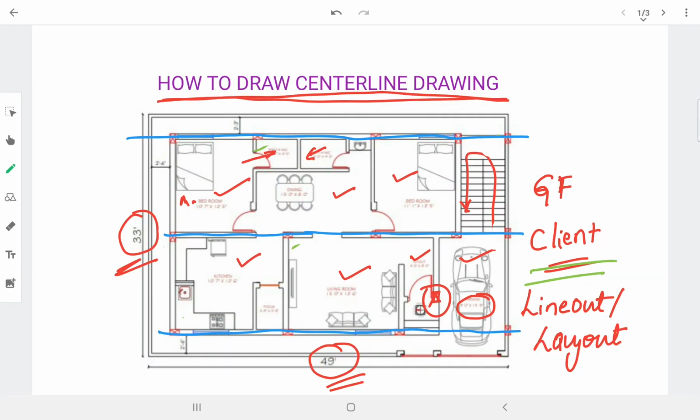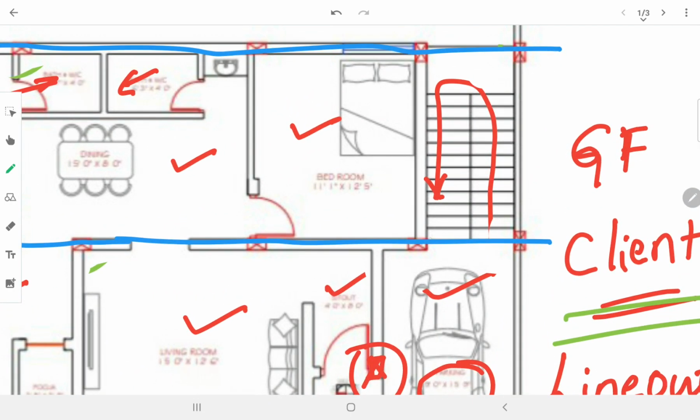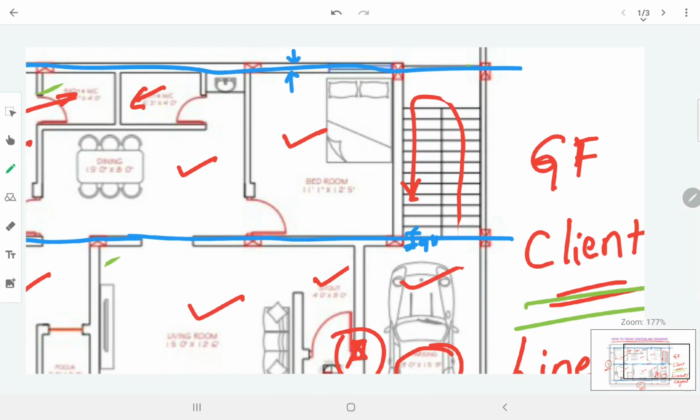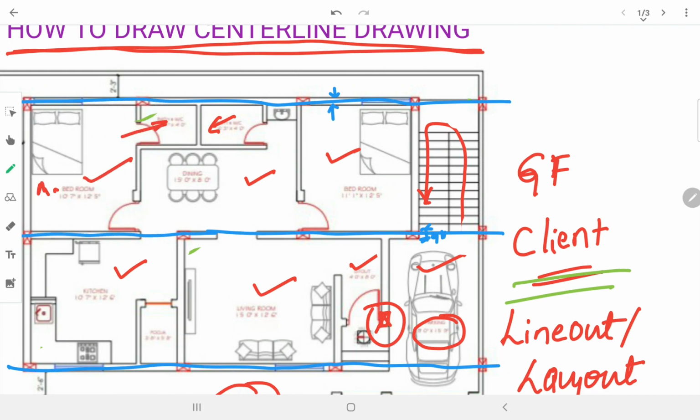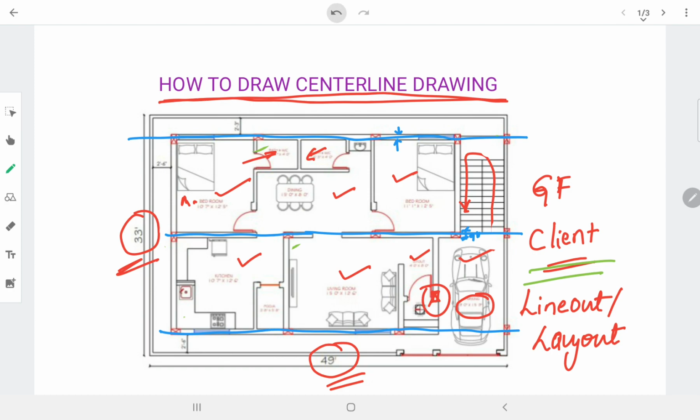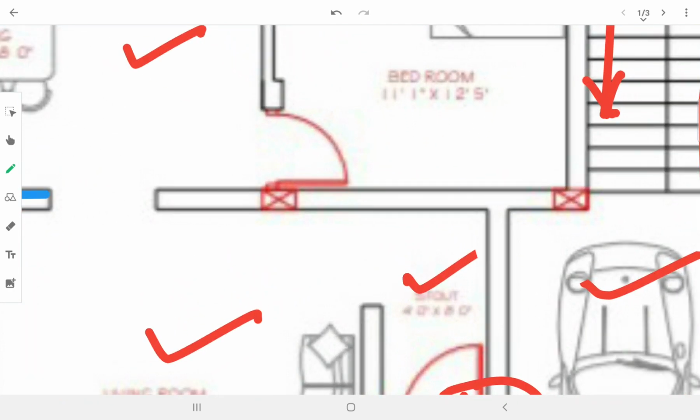But here, when we take these columns, the width of these columns we have taken is around 9 inch. 9 inch is the thickness of the wall itself. Here I'll project it, and one can see the thickness of the wall.